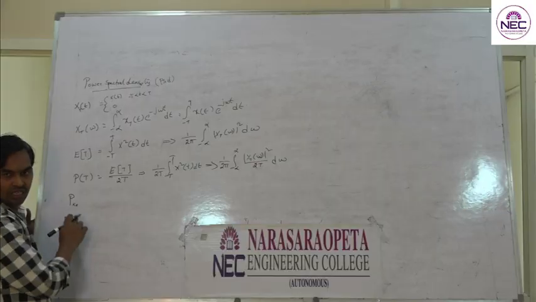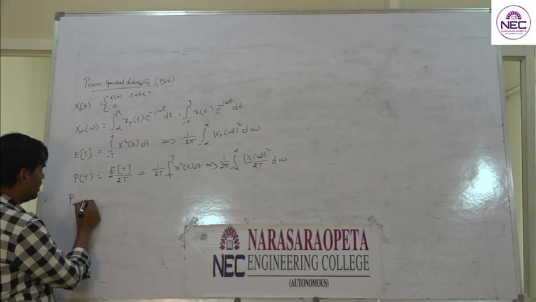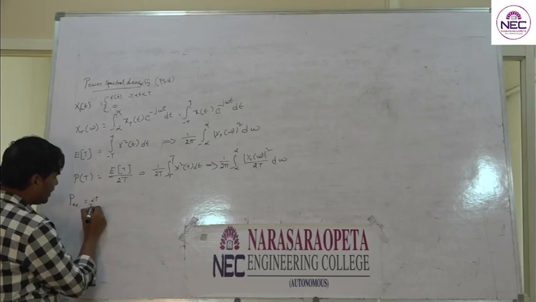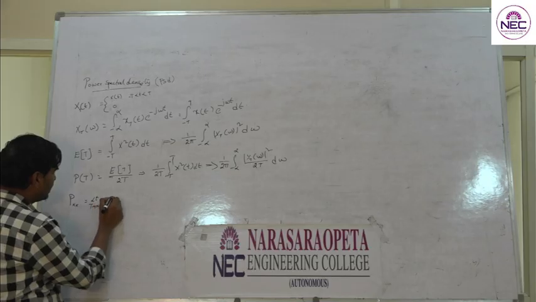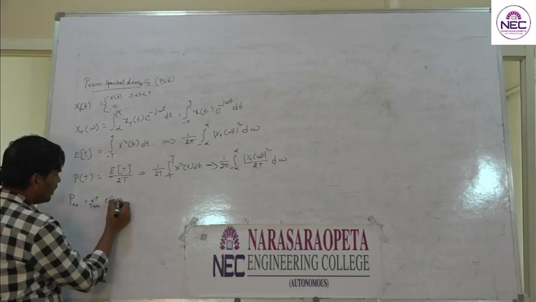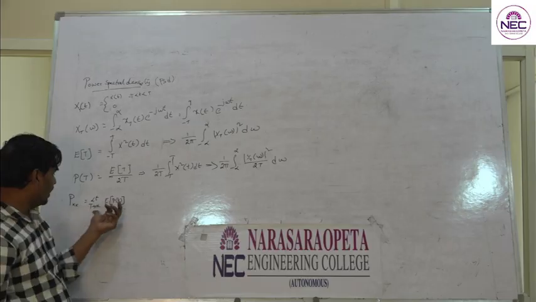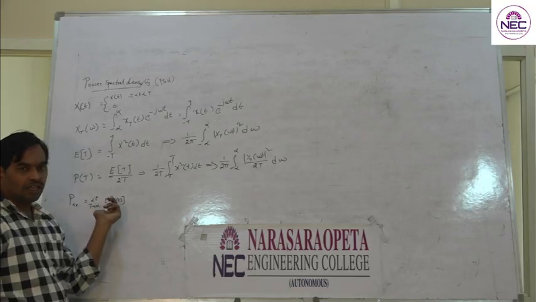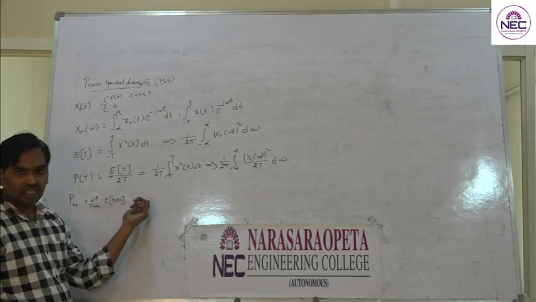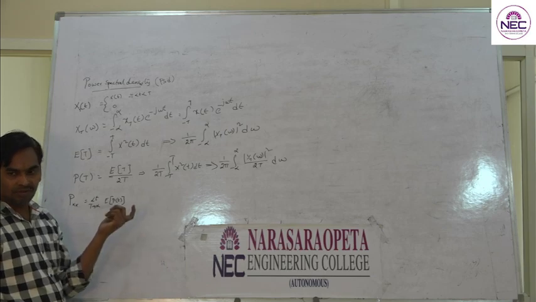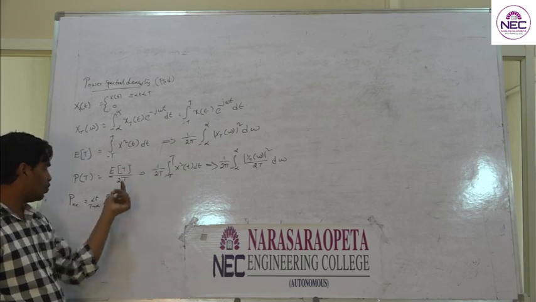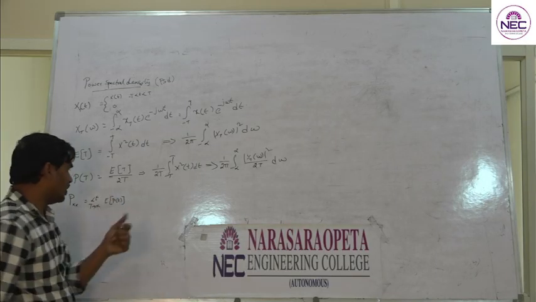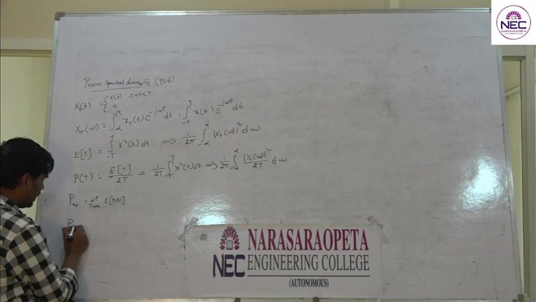So here the Pxx means average power. This average power can be represented as the limit t tends to infinity of the expected value of the power signal. In order to obtain average power, if the limit t tends to infinity, the expected value of the power signal will give you the average power. So for this equation I am going to have the expected value as well as the limit t tends to infinity. Therefore Pxx is equal to